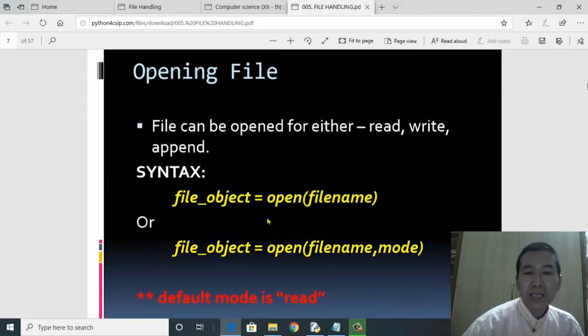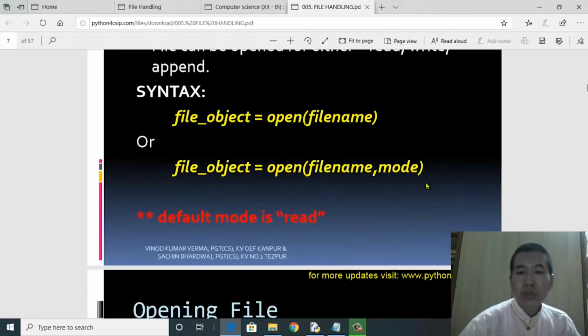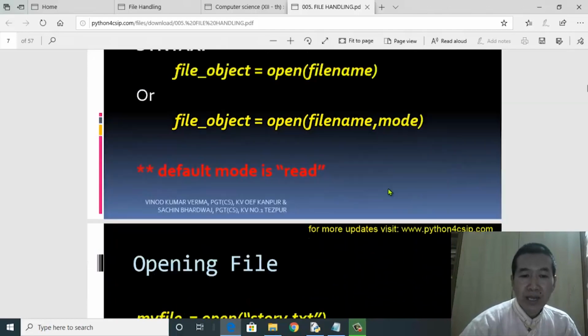And then this is the general structure of how to open the file object. The example that we have used was myfile, F, the open function, followed by the path of the file. This will be covered in later classes.